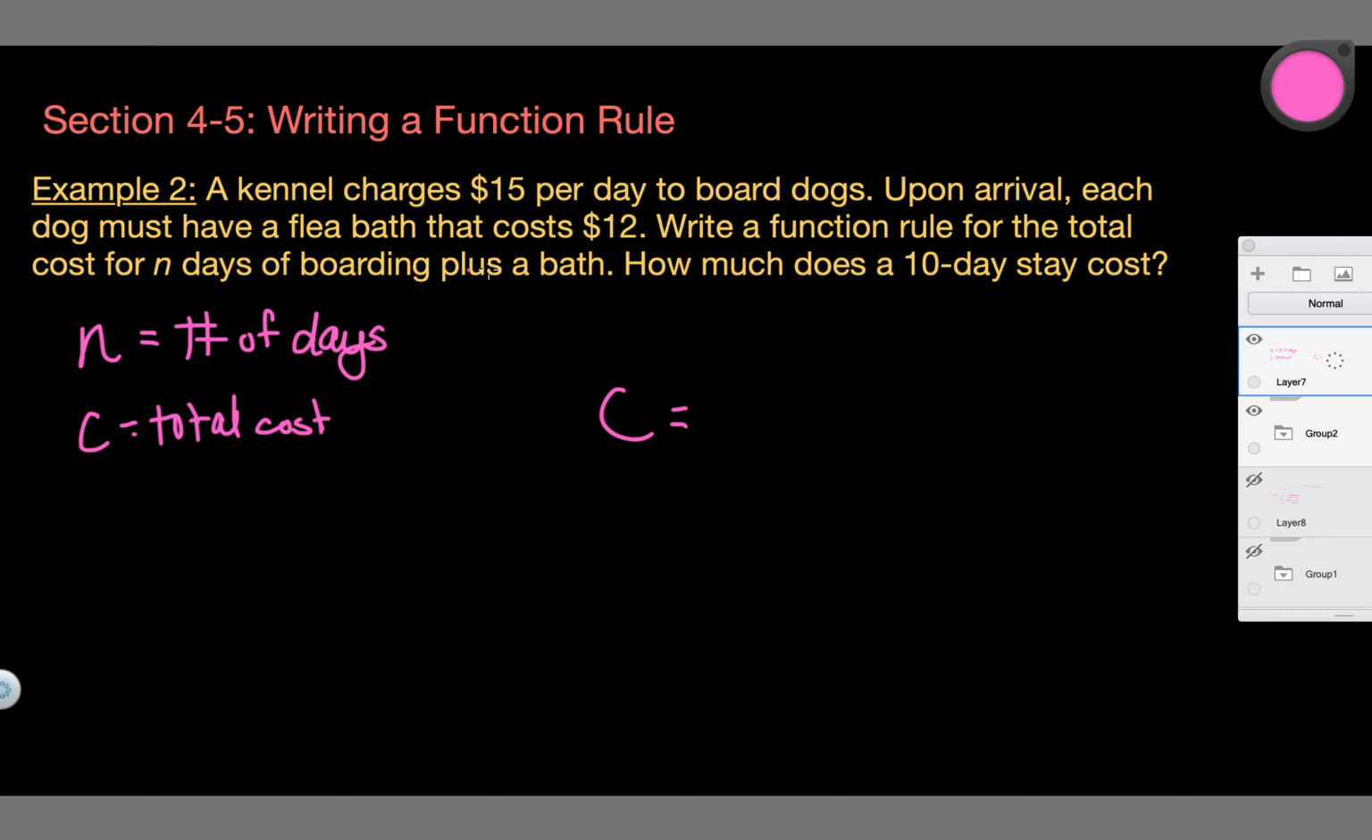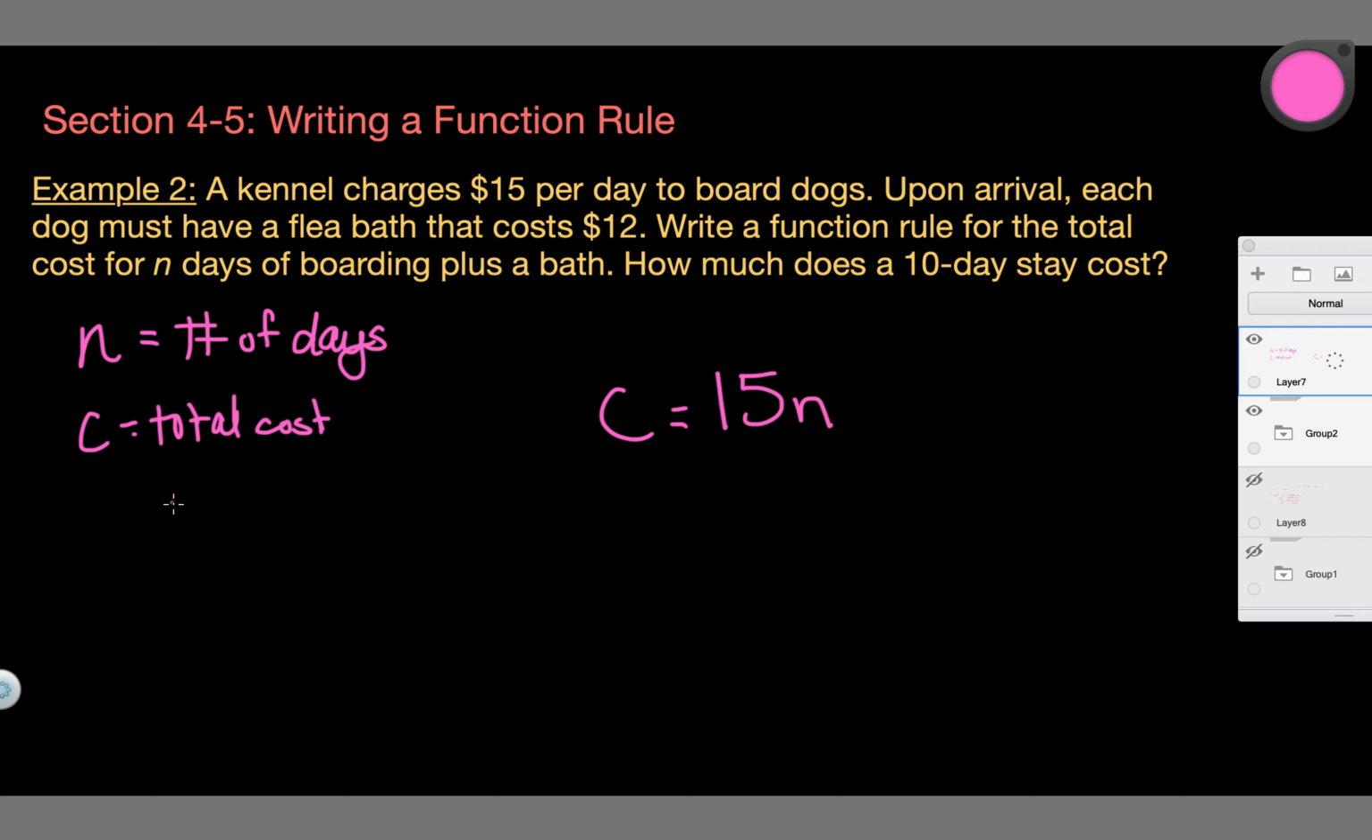kennel. So the first line says that a kennel charges $15 per day. So 1 day is $15, 2 days is $30, 3 days is $45, and so on. So what you're really doing is you're multiplying this 15 by however many days the dog is there. So our total cost is going to be 15 times n, which is the number of days the dog is